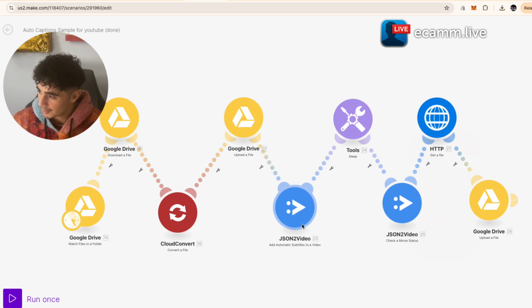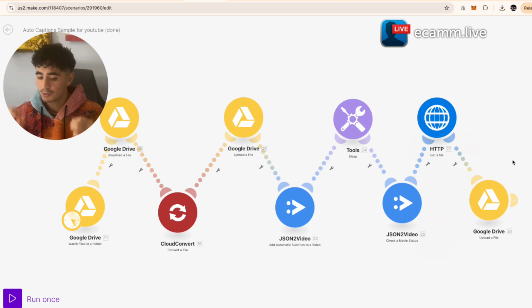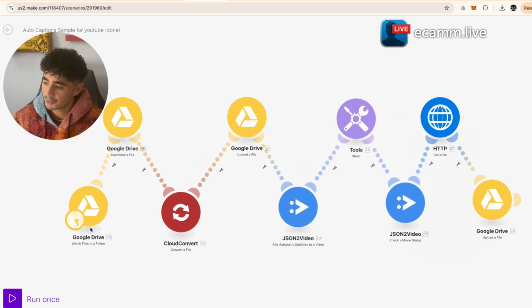Then we're going to grab that video file and add automatic subtitles. We're going to put the automation to sleep, and then we're going to grab that end video with the captions. We're going to download that video with the captions, and we're going to upload it back to Google Drive. So you can imagine you can sell it as an automation for other people because all they would have to do is drop their video into this folder, and in a minute they're going to get their end video with